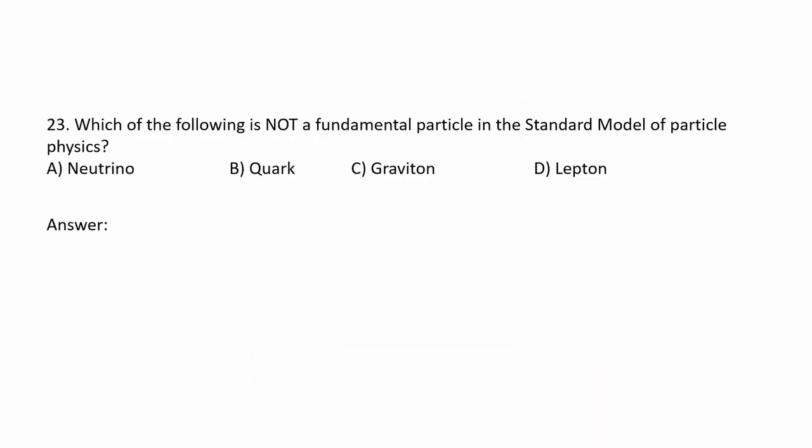Which of the following is not a fundamental particle in the standard model of particle physics? Letter A, neutrino. Letter B, quark. Letter C, graviton. And letter D, lepton. The answer is